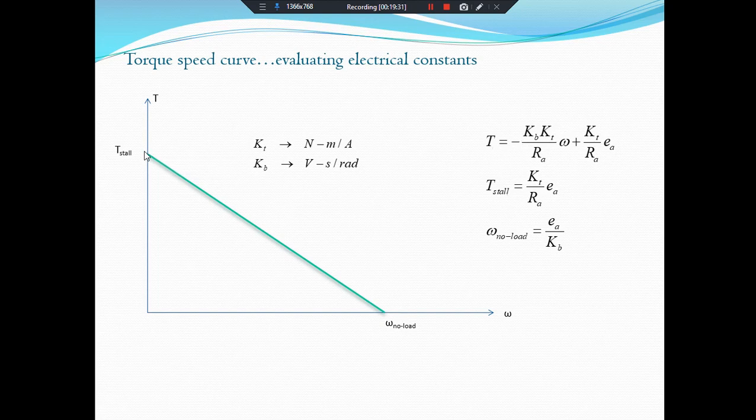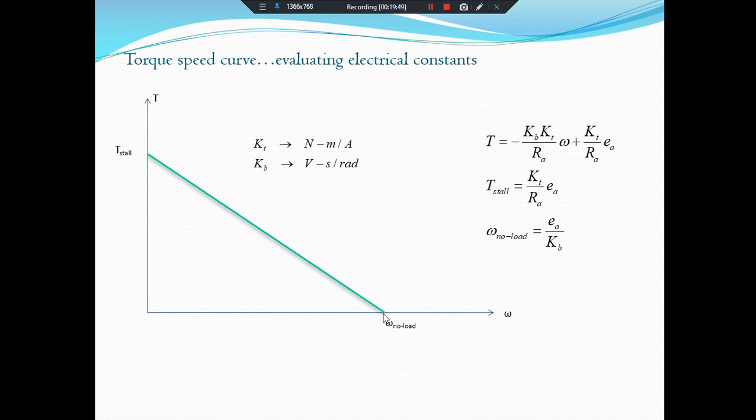This point in the graph is the T stall, and the T stall will be equal to KT by RA into this term. Only this term will be left. Okay, now what is the case when torque is 0? When torque is 0,